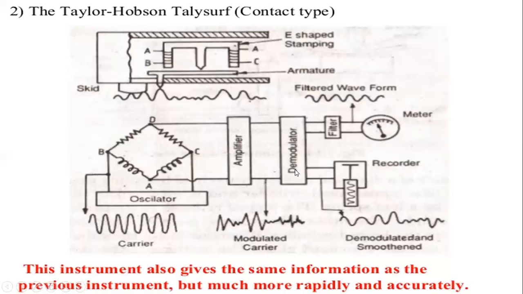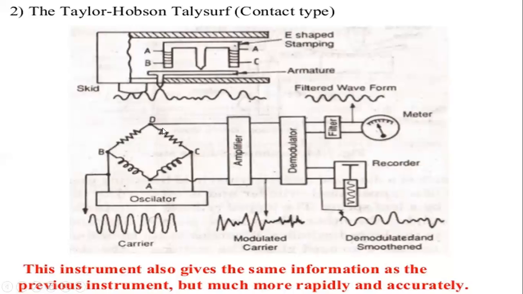On the other end of the demodulator, it gets to the recorder, which receives the demodulated and smoothened carriers. These demodulated and smoothened carriers are then directly recorded in the recorder. So this is the